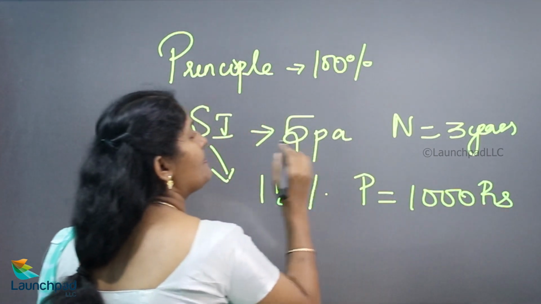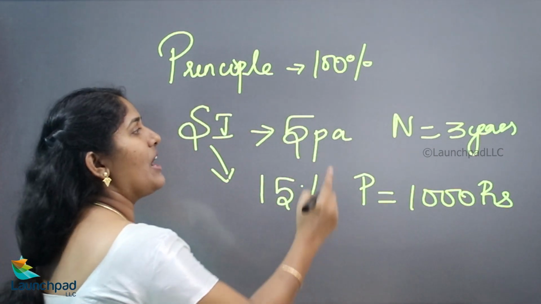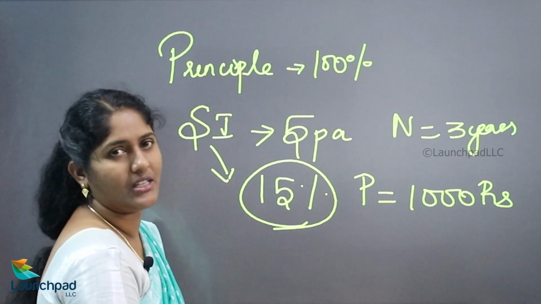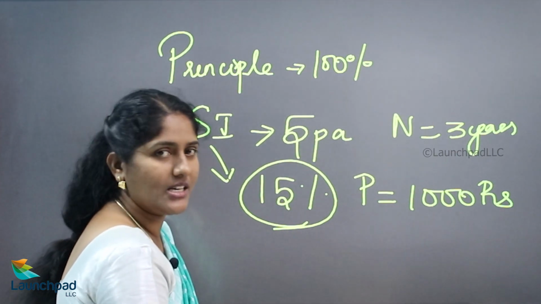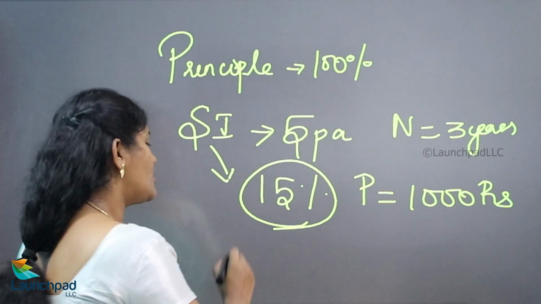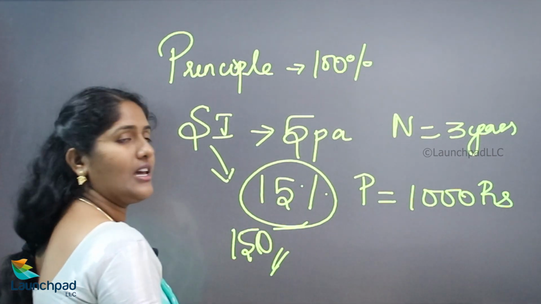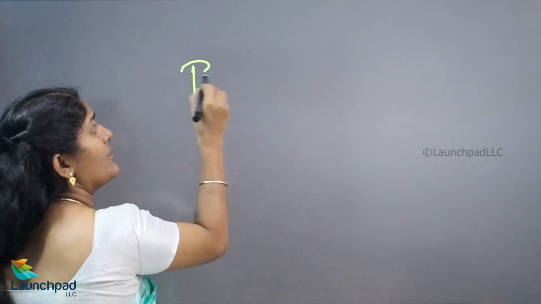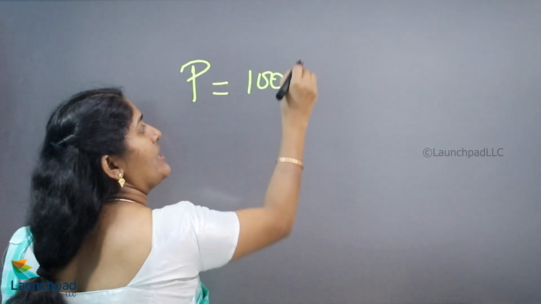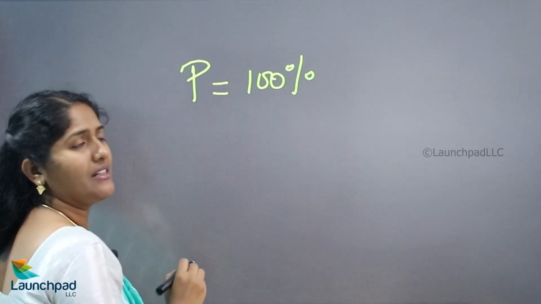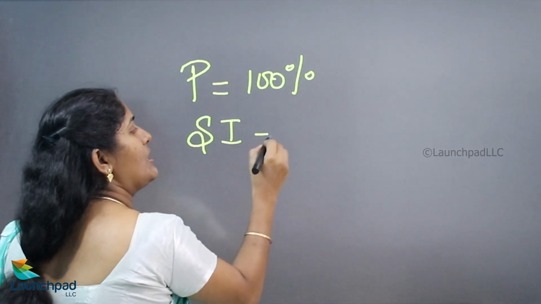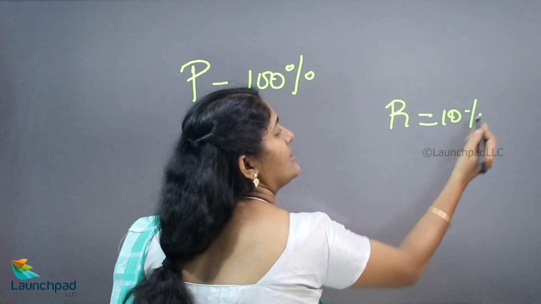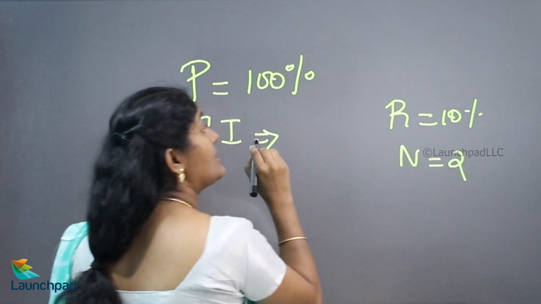Now, your simple interest is 5% per annum. For 3 years it will be 15%. So, what is 15% of 1,000 rupees? 10% is 100, 5% is 50. So, 150 is your answer. This is the SI for 1,000 rupees. So, whenever we want to find the SI amount, we can consider the principal amount as 100%. The SI depends upon your rate of interest. If the rate of interest is 10% and the number of years is 2, your simple interest will be